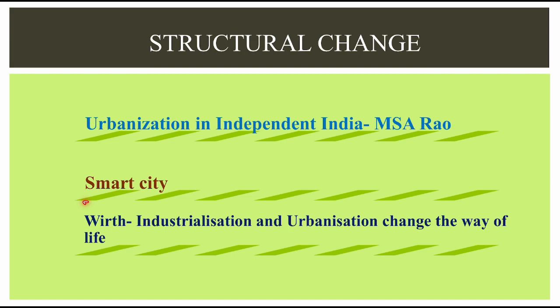So the census data points to an increase in urban population and in the urban agglomerations. For the first time since independence, the absolute increase in population is more in urban areas than in rural areas. Why? Well, this is due to a sharp decline in the growth rate in rural areas, while the growth rate in urban areas remains almost the same.